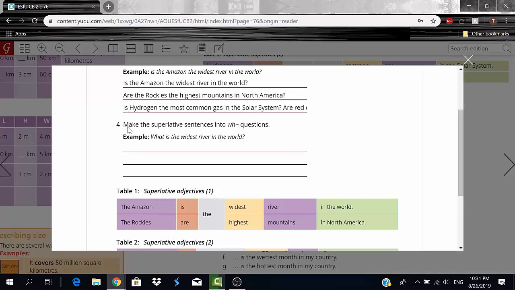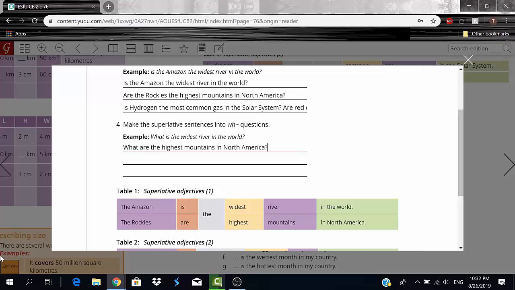Okay, so for number 2, the Rockies are the highest mountains in North America. So for that, I'll probably say, what are the highest mountains in North America? Question mark.